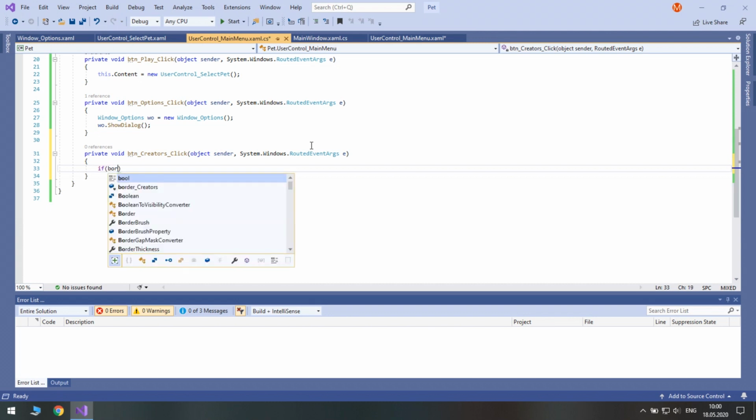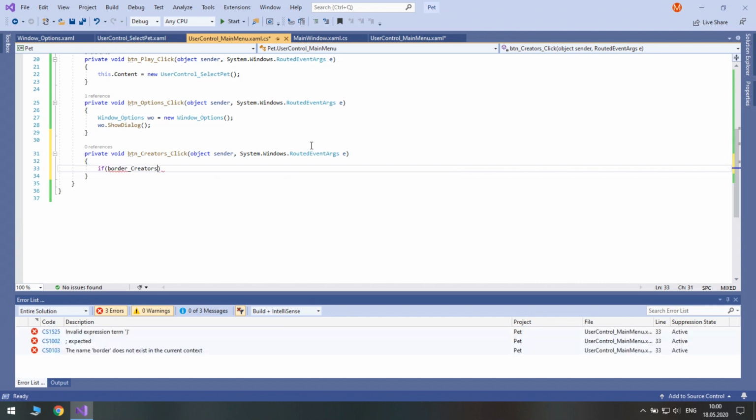In code, we need to check the current visibility of border creators and either collapse it or show.